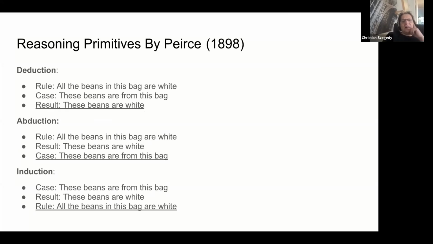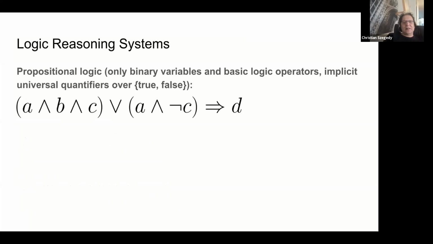So let me just give a bit of a background of what reasoning means in practice. For example, the simplest kind of reasoning is propositional logic. In propositional logic, you have only variables that are true or false. They don't refer to anything. So for example, in this case, you can ask whether this